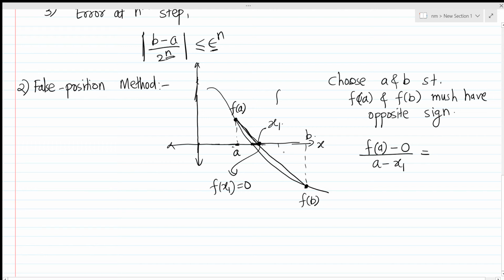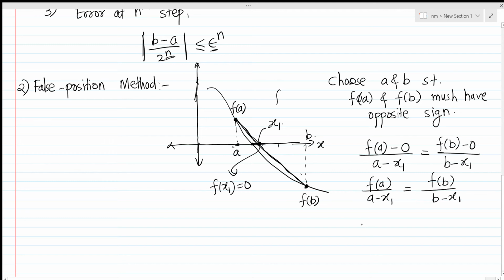And then the slope of this part: this length is f of b minus 0, and this length is b minus x1. So f of a upon a minus x1 is equal to f of b upon b minus x1, and